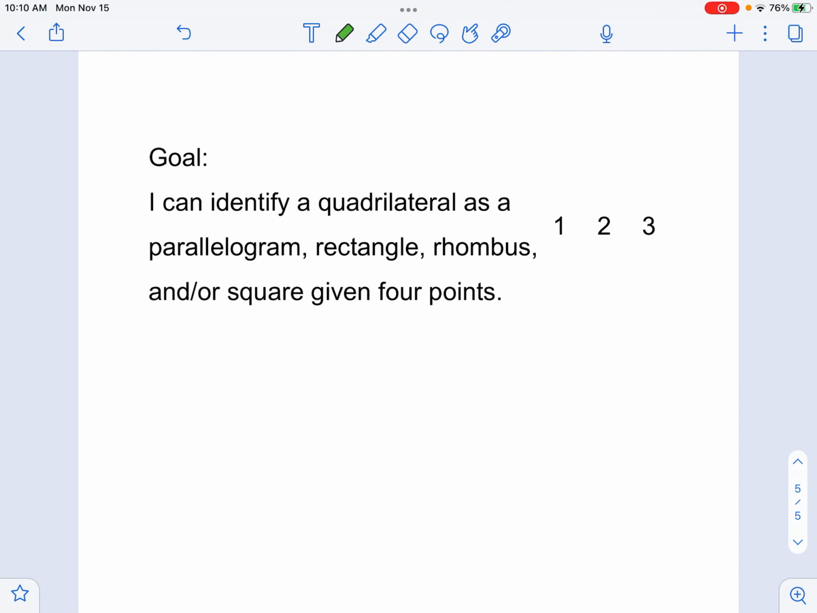All right, that's it for this screencast. Go ahead and re-rate yourself about how you feel about identifying a quadrilateral as whether it's a parallel